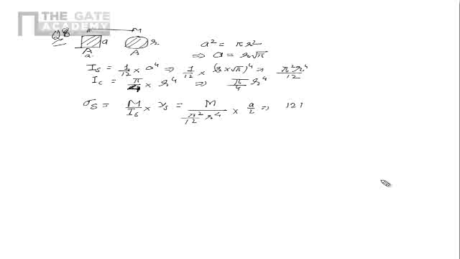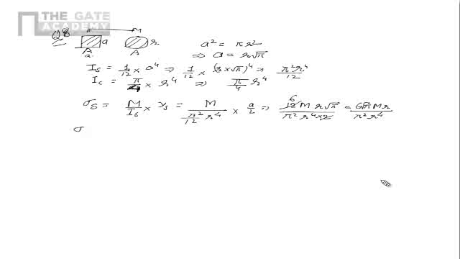It becomes 12M, a is r square root pi, so that I can put here r square root pi upon pi square r to power 4 into 2. This is this 2, so this cancels out, giving 6. So this is nothing but 6 square root pi Mr upon pi square r to power 4. That is the maximum stress in